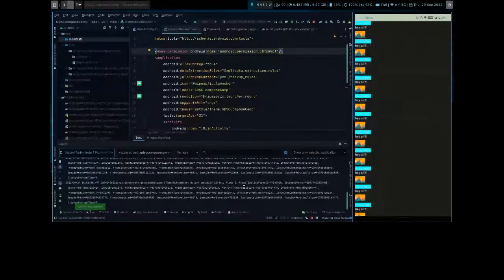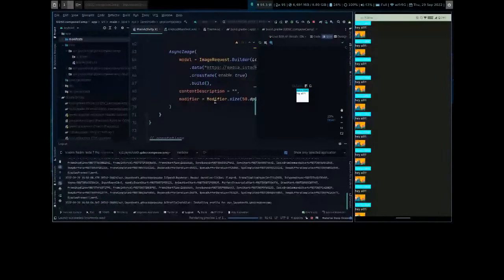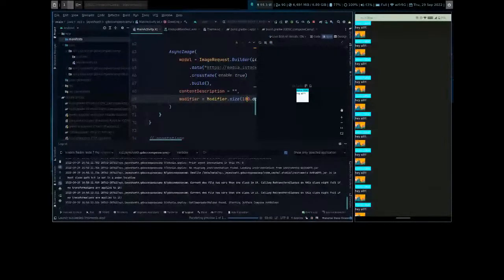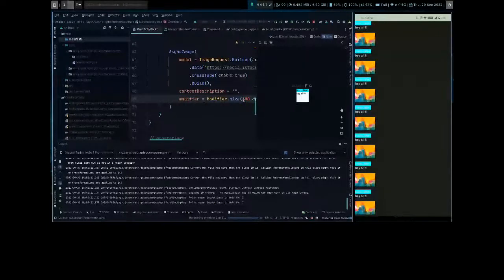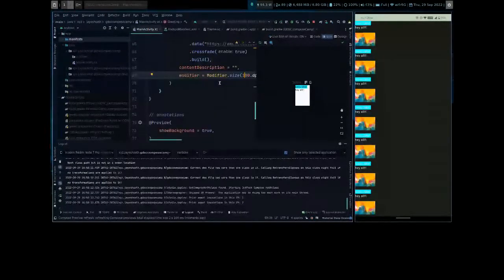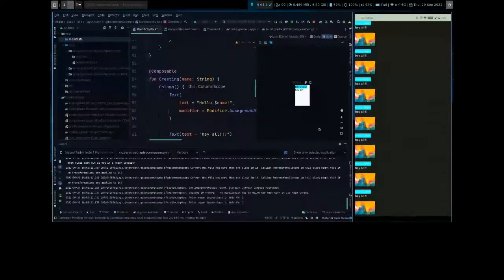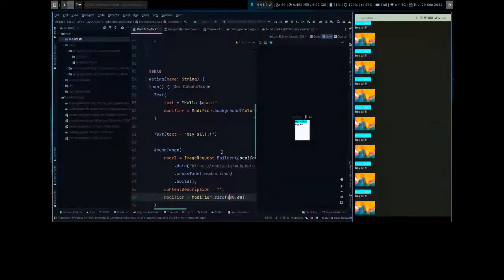You see, there are multiple images, right? I'll increase the size of it. One more thing, most of you won't know, is Jetpack Compose also has a kind of hot reload. If you use React Native or Flutter, you would know what hot reload is. So you don't have to completely restart your application.